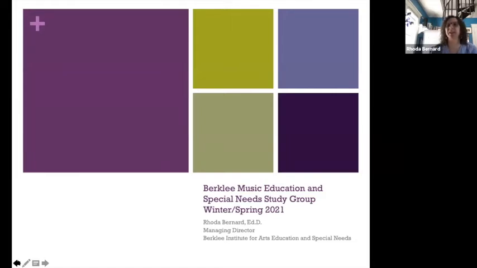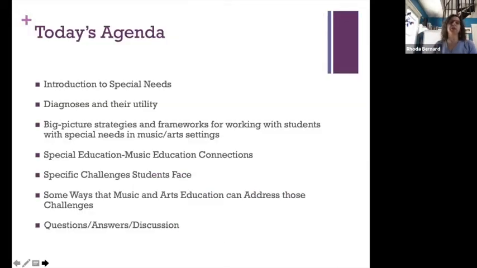Krista's presentation was fantastic. This is a different tack. We're going to be looking at making the special education, music education connection. And so we're going to look at special needs, at diagnoses, at some big picture strategies and frameworks, and then some more on the ground level strategies and frameworks, some specific challenges and ways that music and arts education can address them. And I hope to have plenty of time for questions and so forth in the chat and Q&A,